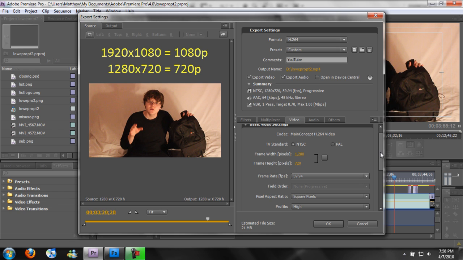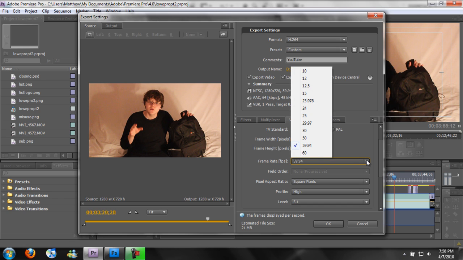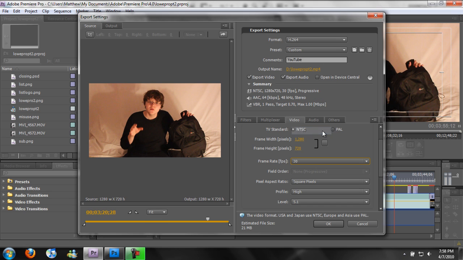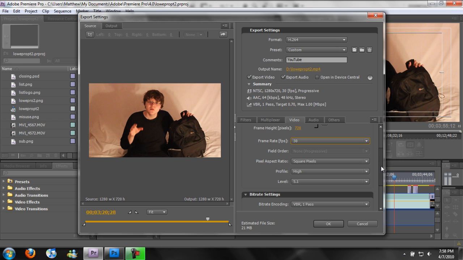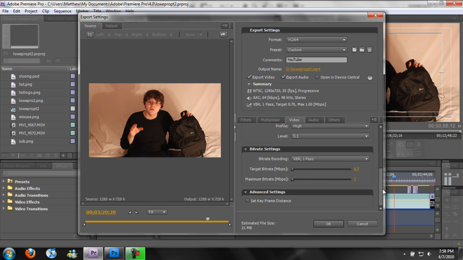So if you're using high definition footage of 1080p, use 1920 by 1080, and if you're using 720p, then use 1280 by 720. Frame rate will depend on what frame rate you recorded at. Go ahead and check your camera's manual or whatever to find out what you're recording at. I recorded at 30 frames per second. The pixel aspect ratio will remain at square pixels. As for the bitrate encoding, we're going to go ahead and set it to VBR 2 pass and nothing in